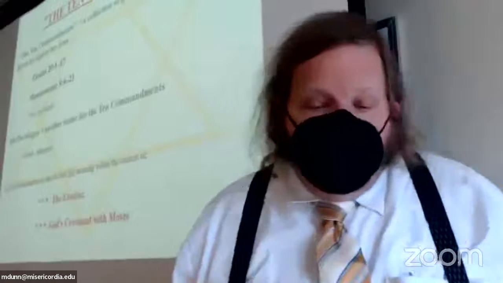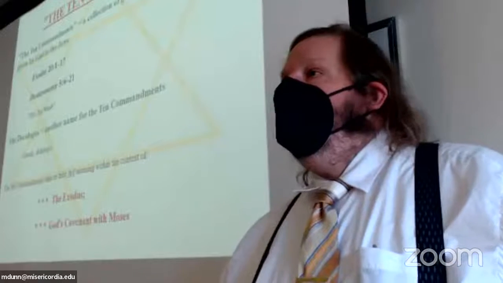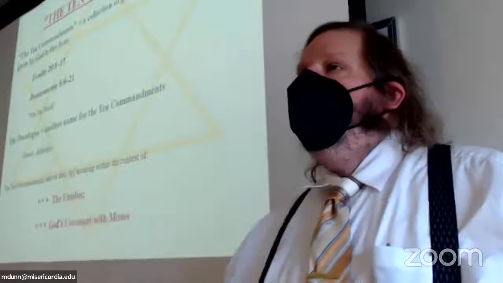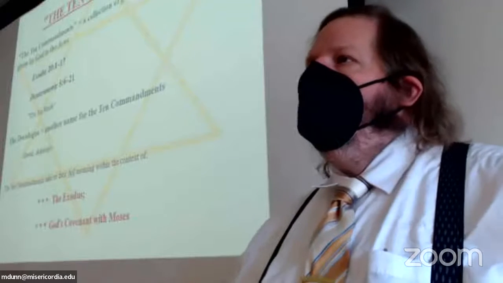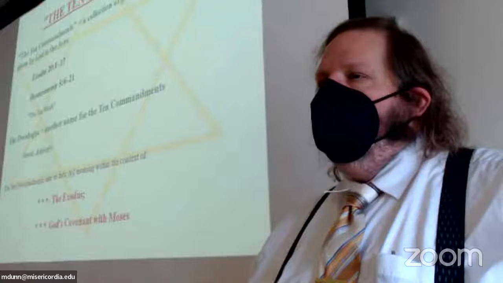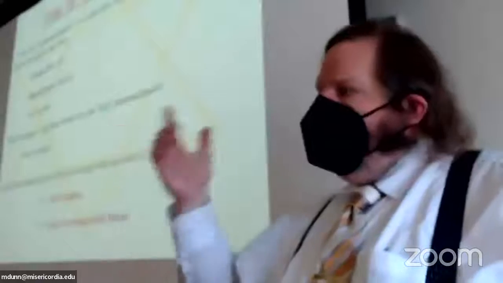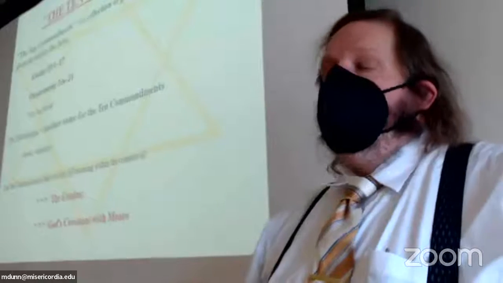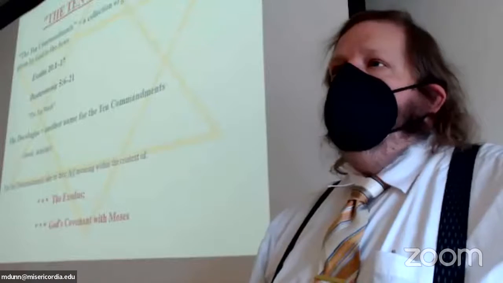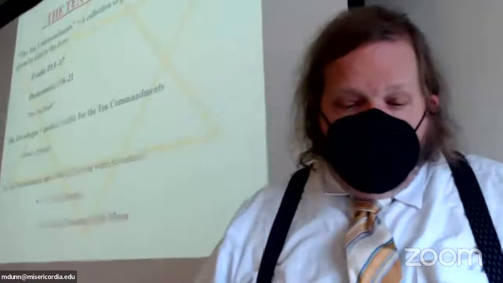Why stone? I mean, why is that a big issue? Because in the ancient world, you wanted something permanent. They had paper in forms of paper, but paper decays easily. It's not as permanent or reliable. So if you really want something to stick, so people can point to it and say, look, it's there and it's still there, you would carve something into stone. And so you often find law codes carved into stone. So again, this is not an unusual thing that God does this with the Israelites.